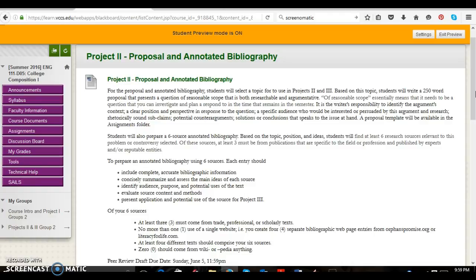So you have to identify the argument's context. In Project 1, context was a significant part of what you did. You had to set a contextual definition, and that definition included, based on a particular situation, this is what we mean. Well, this is how argument and research happens. It doesn't happen kind of all willy-nilly. What happens is something happens in a specific context or a specific situation, environment, or based on specific elements of a particular idea.